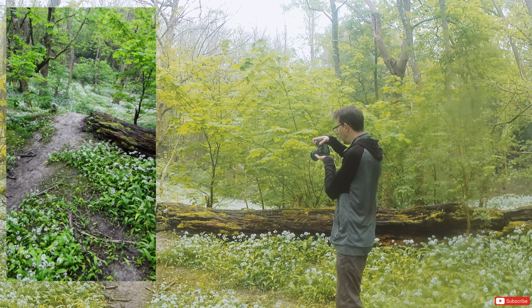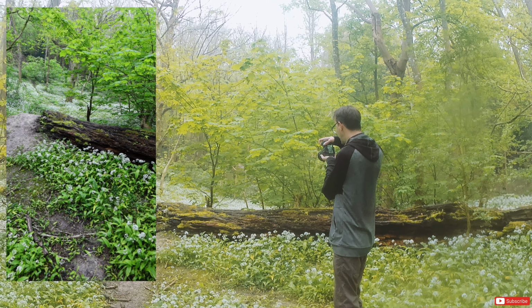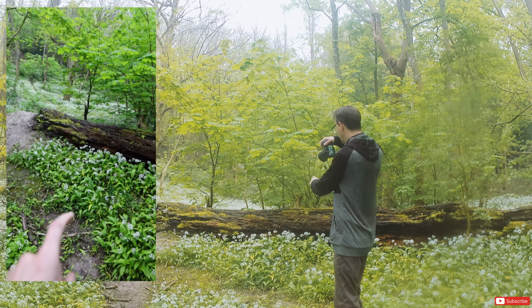I might even have to do a panorama where I sweep around, add a bit more of a log. We've got this little kind of path leading from here, and we just come, swing round to the right, taking in all the garlic over on the left, all the garlic in the background. And then we've just got this lovely little patch here in the foreground. Maybe even if we just drop low, try not to fall over in the process, but by doing that,